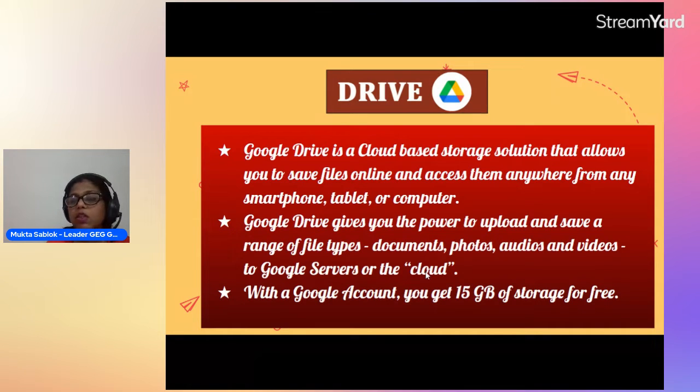Google servers is also known as cloud storage. With a Google account, you get up to 15 GB of storage for free. Isn't it great that we are getting 15 GB of storage, and this is enough for our normal work? Still, if you want more storage, you can always buy it from Google.